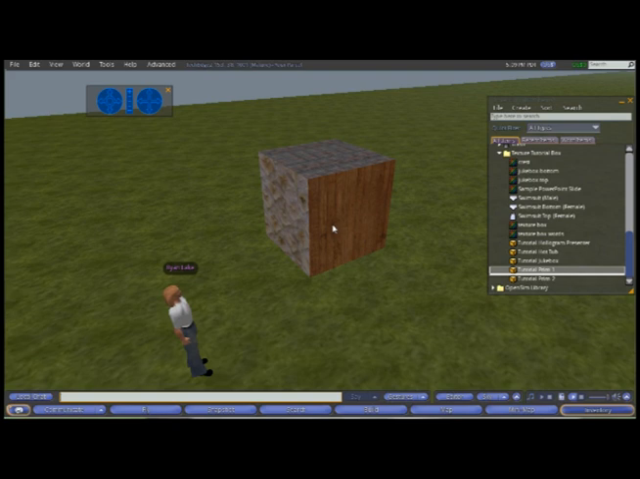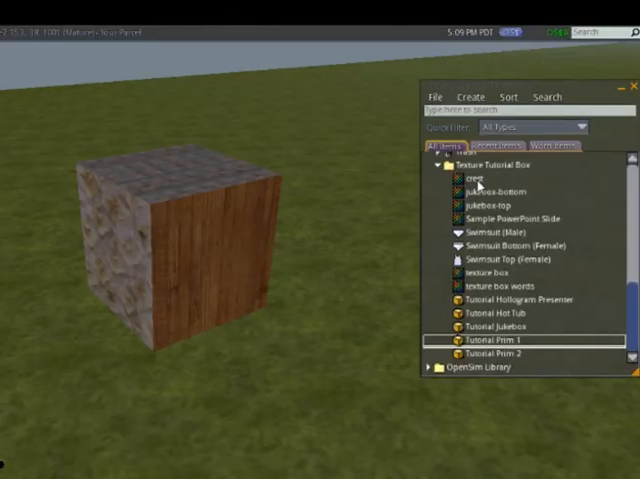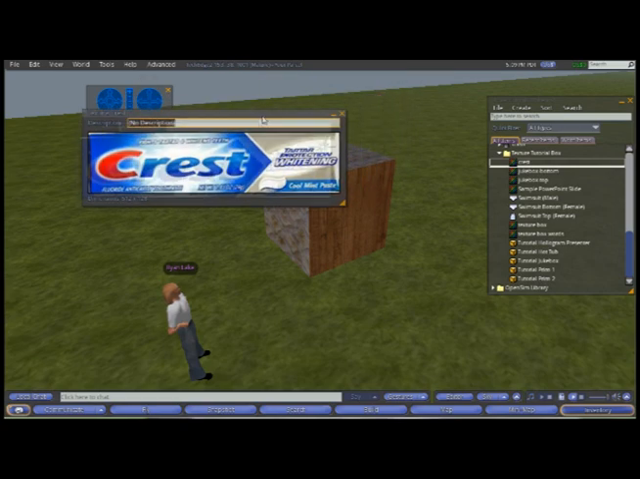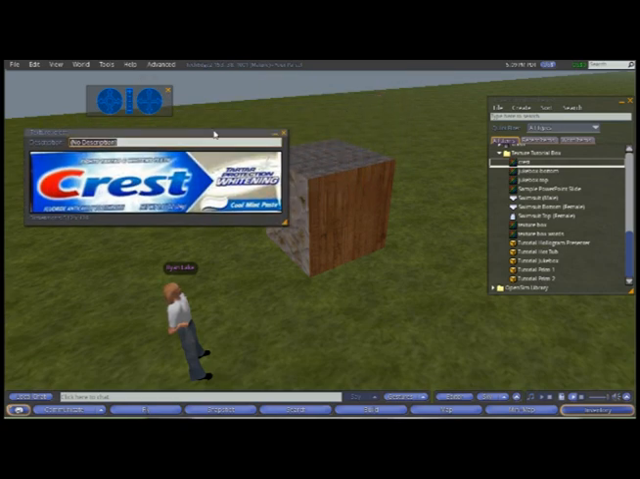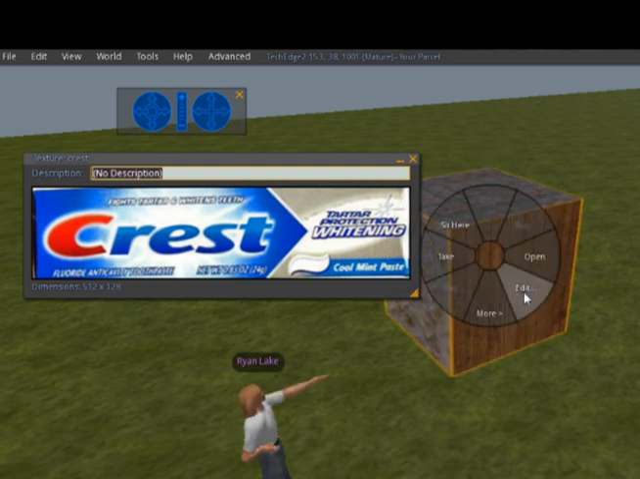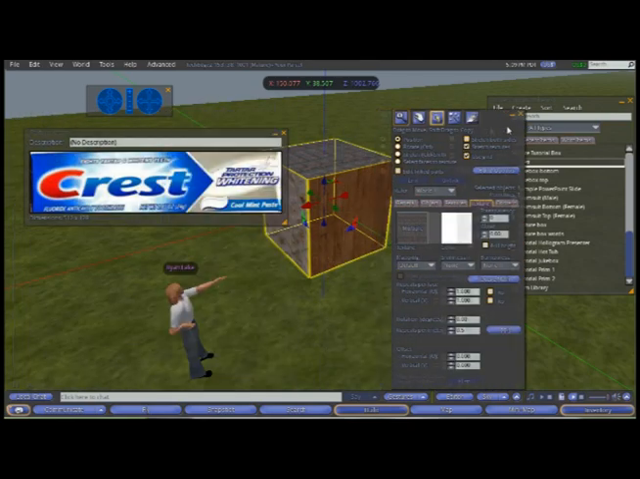Now we're going to change the object into something that you might actually use. We're going to make it into a box for a tube of toothpaste. So we're going to be using this crest texture. To see what it looks like, you can click on it. And we're going to want to make the object size so that it fits these dimensions. Right now, the dimensions for the image are 512 by 128. So if we go into the object to change its size real quick,